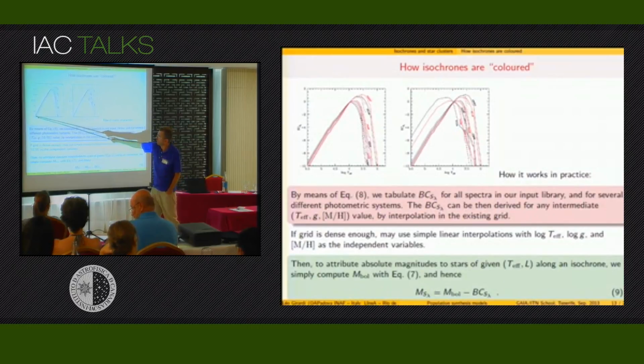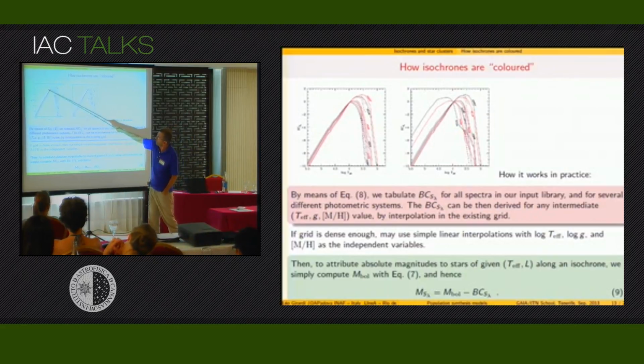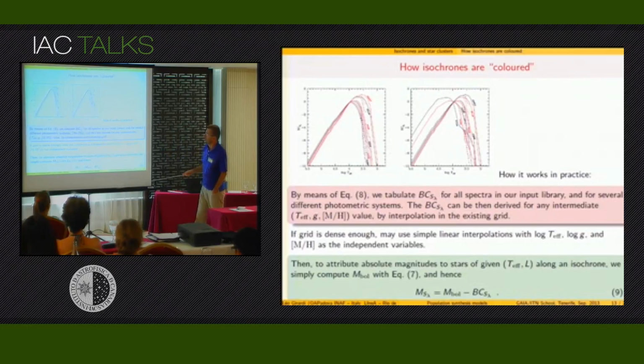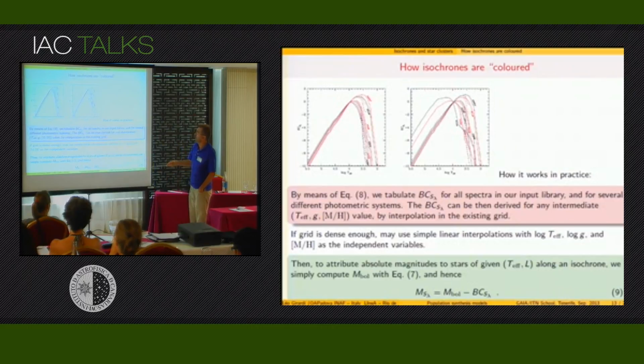So, this is how the bolometric corrections look as a function of effective temperature. You have always something like that, a curve which has a maximum depending on the effective temperature and on the filter, and sharply falls towards very high and very low temperature. This is simply the maximum caused by the fact that you are sampling the maximum of the emission of the star. Of course, if you have very cool stars, you'll be sampling more this part, so this part of the curve will be higher. If you have very hot stars, you'll be sampling more that part of the curve. Anyway,